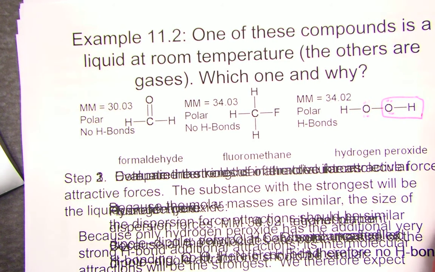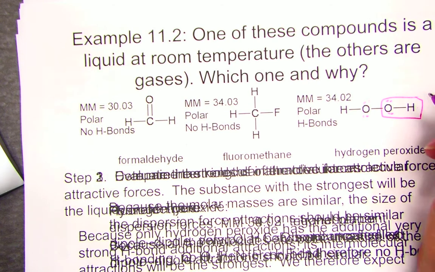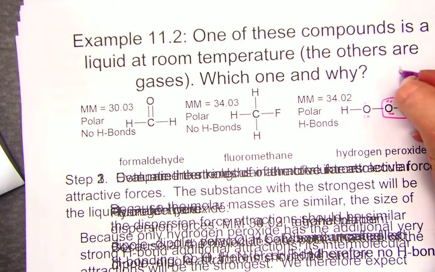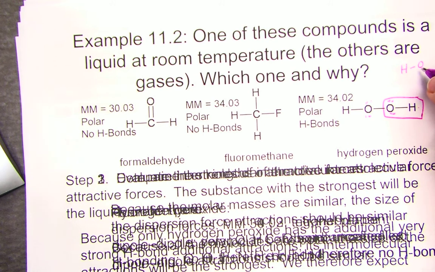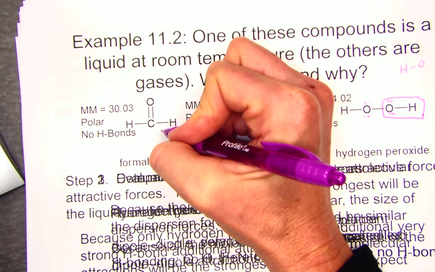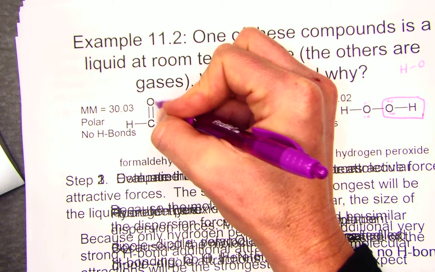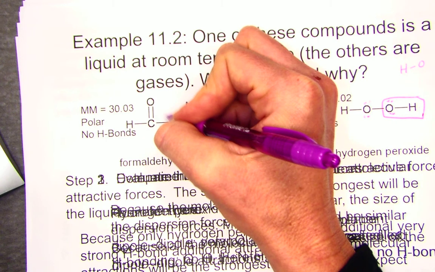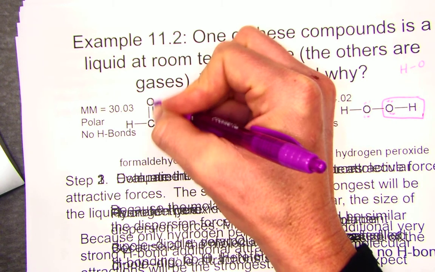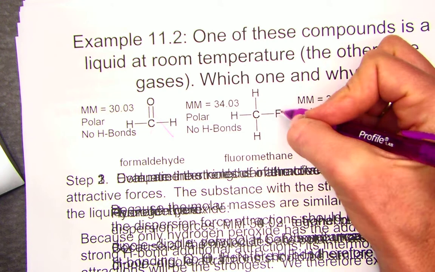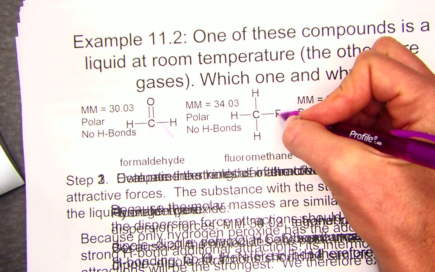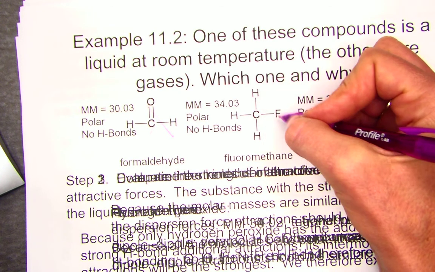an electronegative element called oxygen. We are discussing hydrogen bonds. Hydrogen has to be either attached to an O, hydrogen attached to an N, or hydrogen attached to a fluorine. The oxygen and hydrogen in formaldehyde, although they're in the same compound, are not attached to each other, so no hydrogen bonds. And again, although we have fluorine and hydrogen within the same compound, they are not attached to each other,